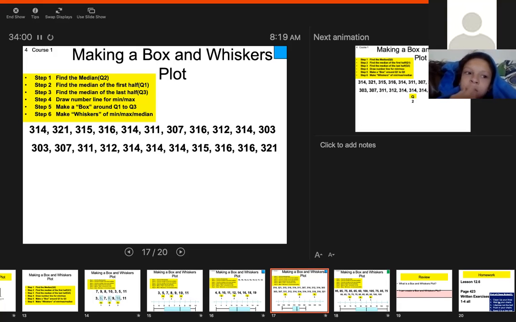All right. Hardest step is over. Now we find step number 1 at the median. Well, step number 1 to find the median, you got to put them in order from least to greatest. Smallest, biggest, smallest, biggest, smallest, biggest, smallest, biggest, smallest, biggest. I don't know why, but I think I gave you an odd number for every example. Just remember, you might have an even number to start with. If you have, look at the board here. Let's just pretend that this number doesn't exist, 321. If you have an even number,